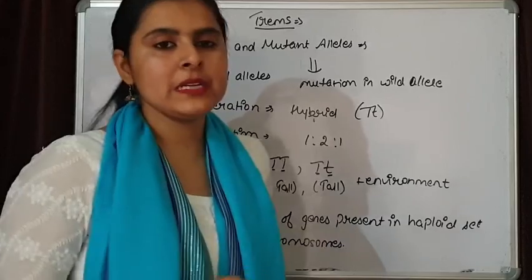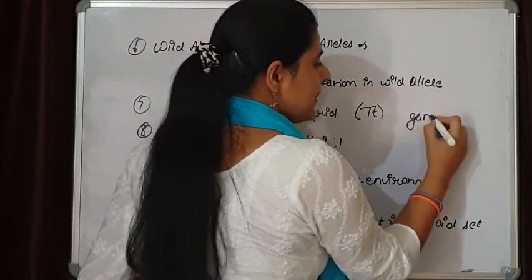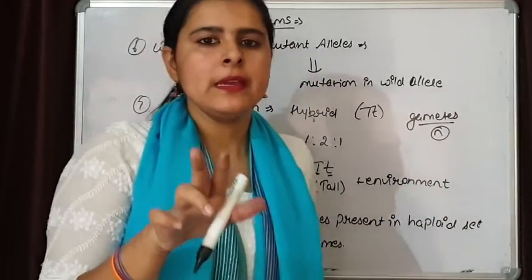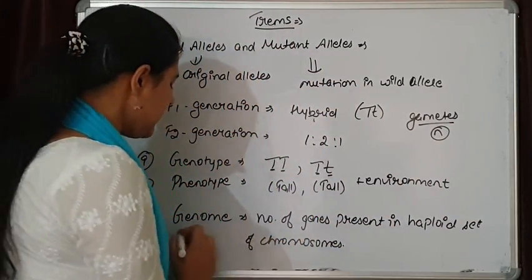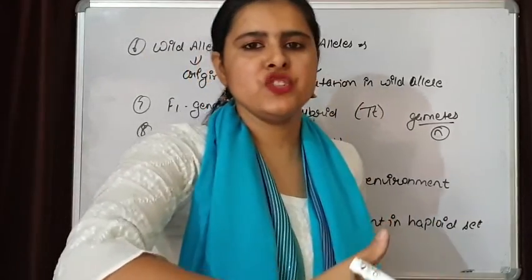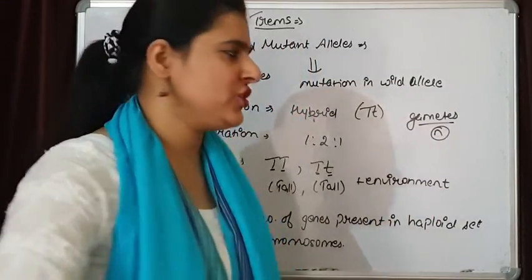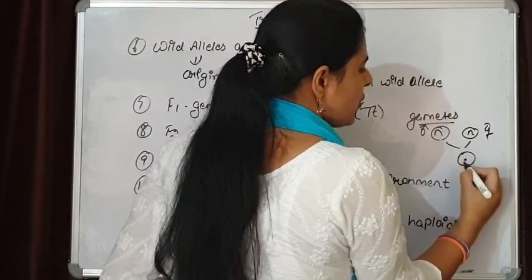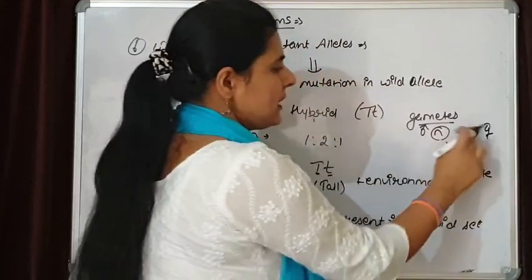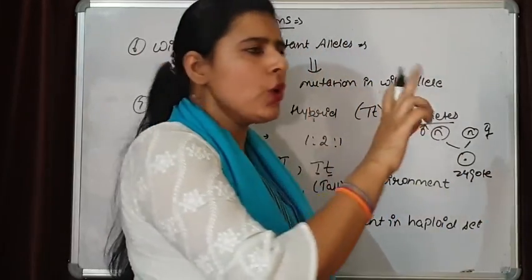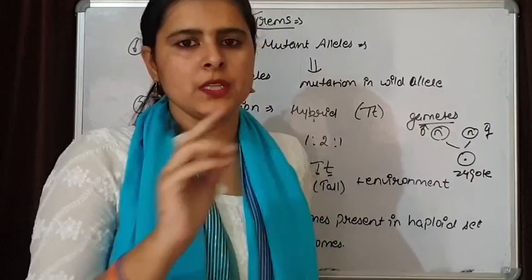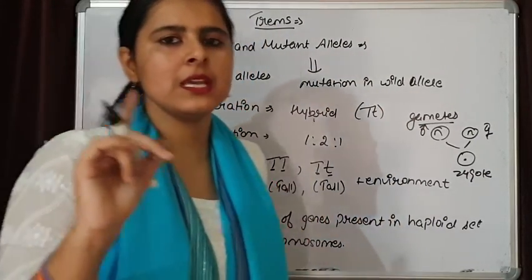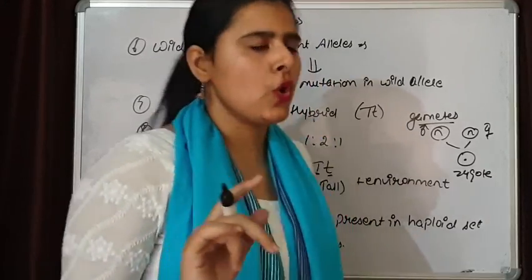And this haploid set of chromosomes is present in gametes, so we are carrying a haploid number of chromosomes from each of the parents. That means each parent is going to transfer its genome to the next generation. And by the combination of these genomes, a zygote is going to be formed, formed from the combination of the genomes of two different parents, mother and father. So genome is all the genes that are present in a single, or haploid, set of chromosomes.